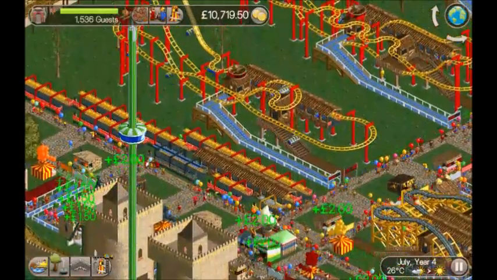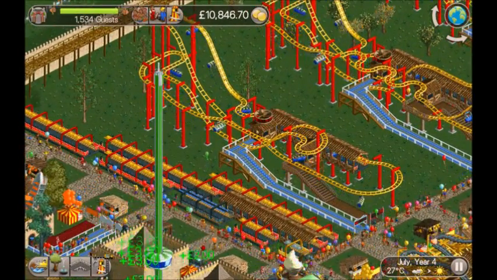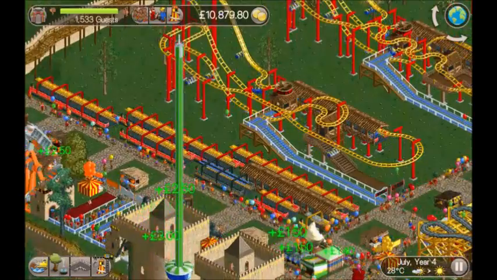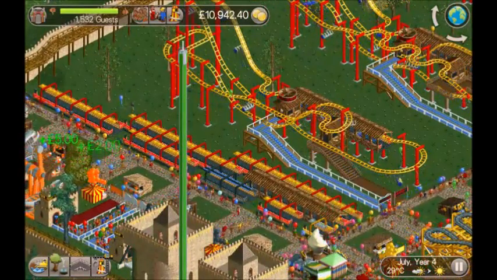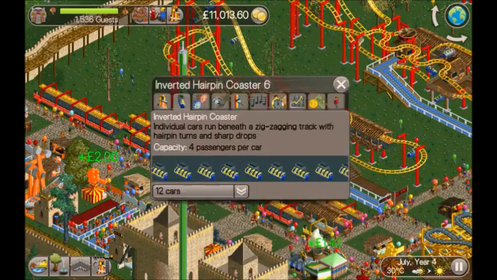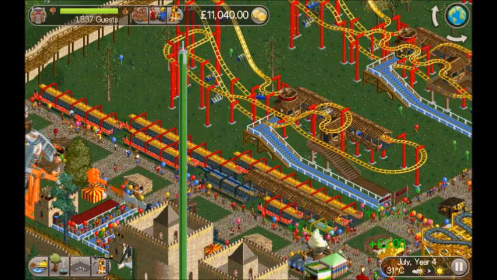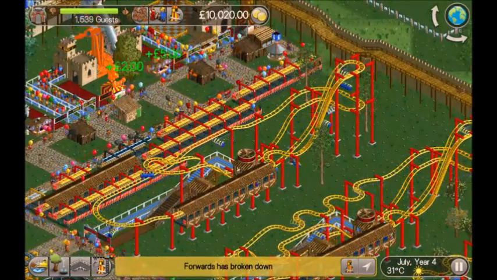So this one here is the inverted hairpin coaster. Again, I went through the process of looking at the different lengths of station, and in the end, this one I've highlighted, I went for one that was 6 tiles long. That gives us 12 cars. So I chose a very